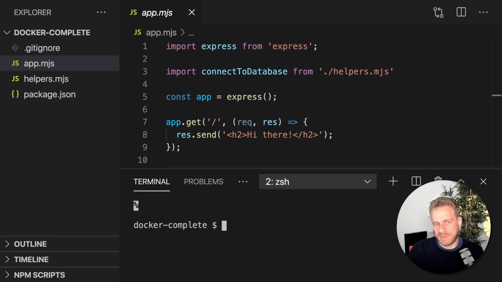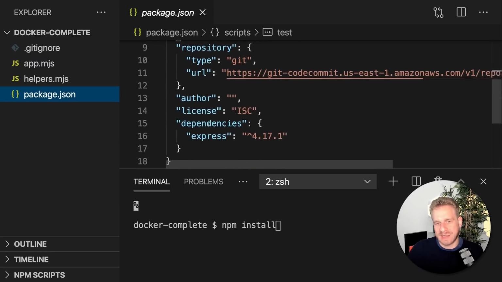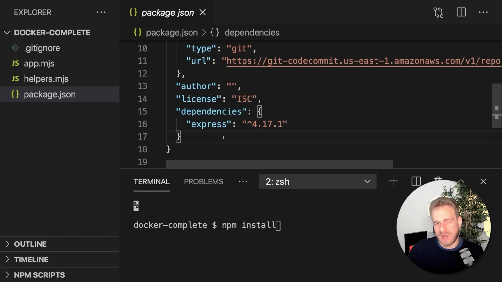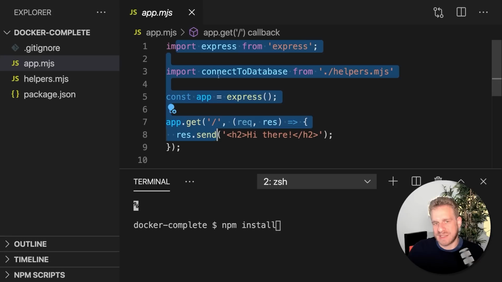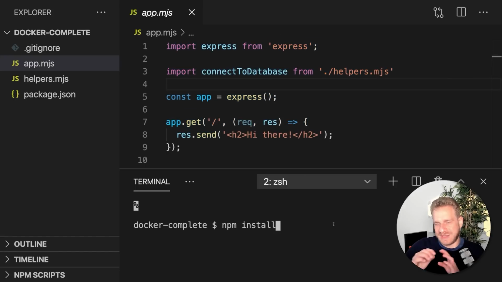And actually, before we do that, we would have to run another command, npm install, which installs all dependencies listed here in package.json, which are simply third-party packages this app.mjs file needs to work correctly. Again, if that all doesn't tell you too much, that's no problem here. These are the steps we just would have to execute if we would want to run this code here locally